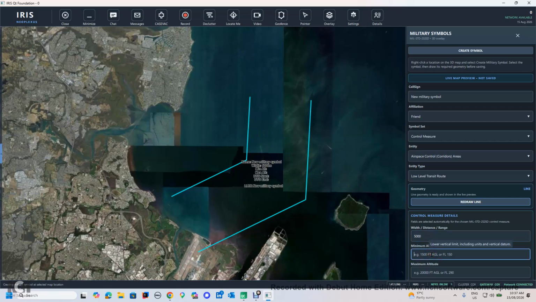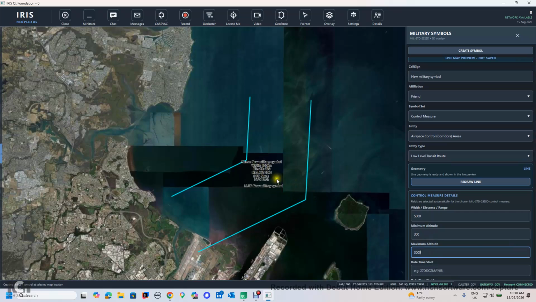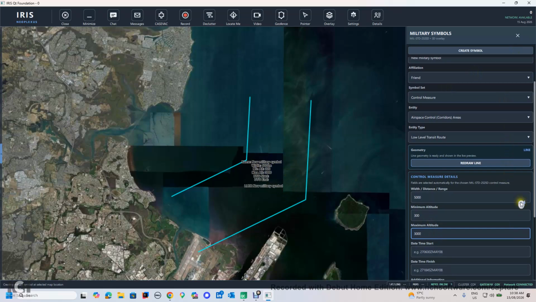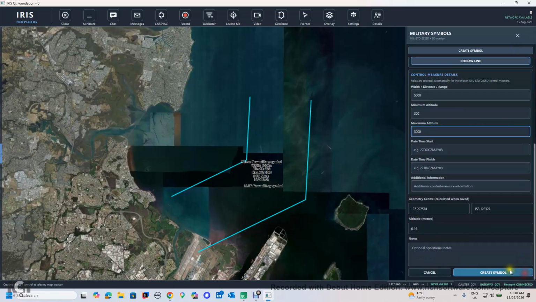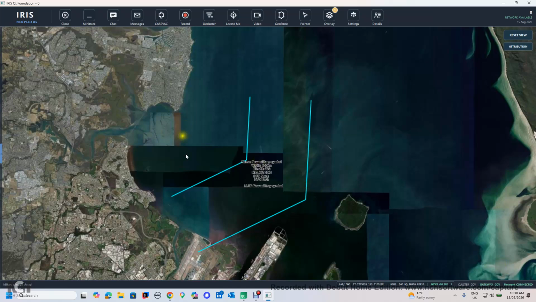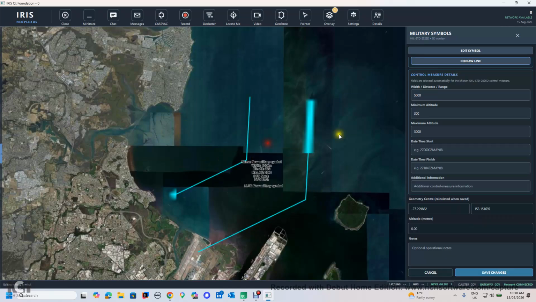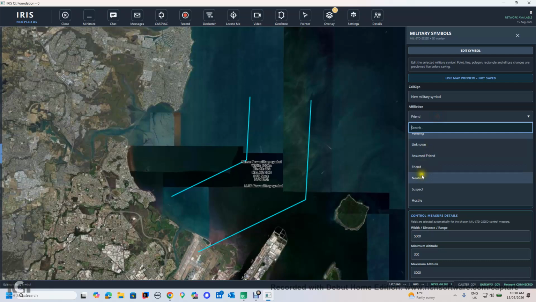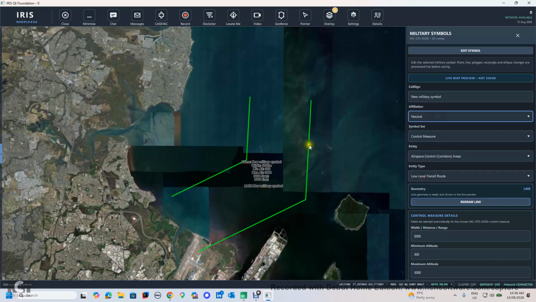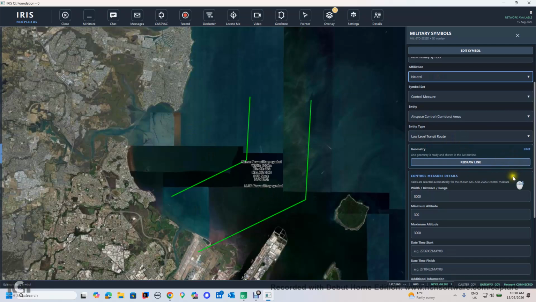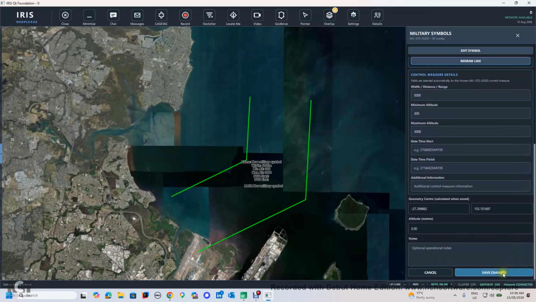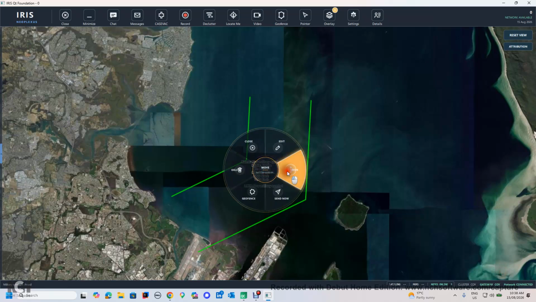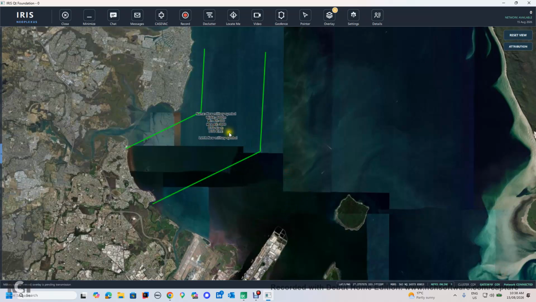So we can feed in all the other information that we require as well into the air corridor, as you can see. So the standard procedure applies with the corridor, and we create the symbol. With any mil symbol, we can go in and we can edit it if we want. So we'll make that, for example, a hostile as opposed to, no, neutral for the sake of the demo, as opposed to the friendly. It can be moved, it can be adjusted, just like any other symbol